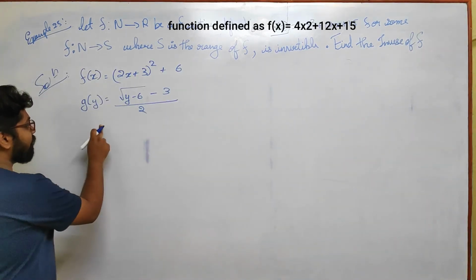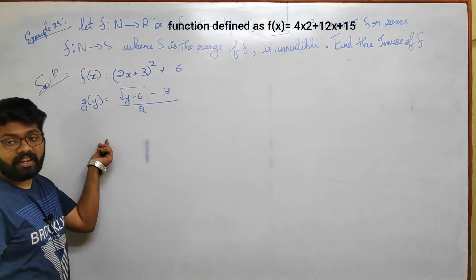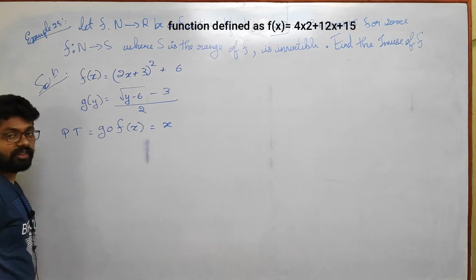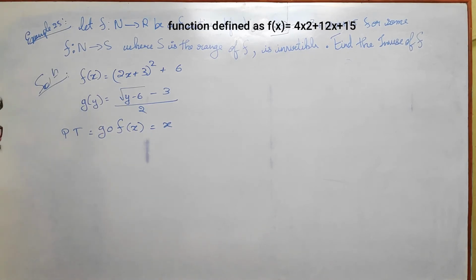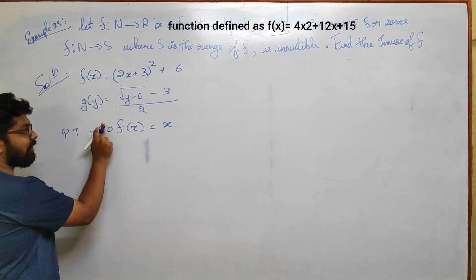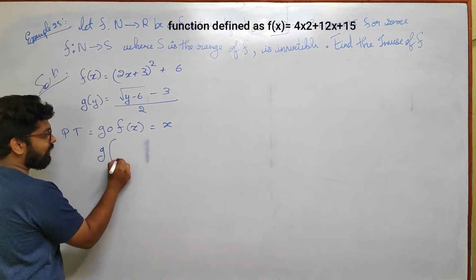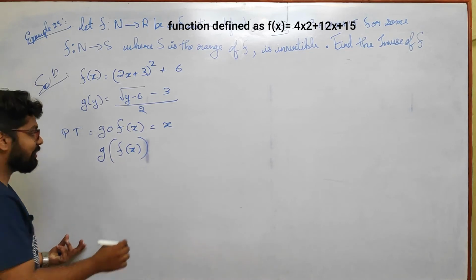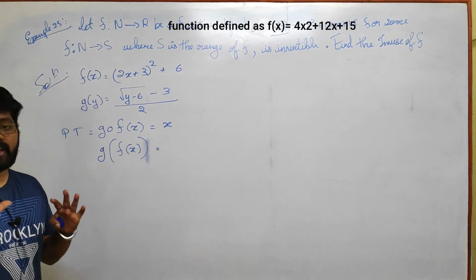Now we have to prove this as identity function, that is g of f of x is equals to x and f of g of y is equals to y. That we will do later. g of f is there. This circle will open up now and it will give you f of x. Okay. At this step, take a deep breath and analyze.